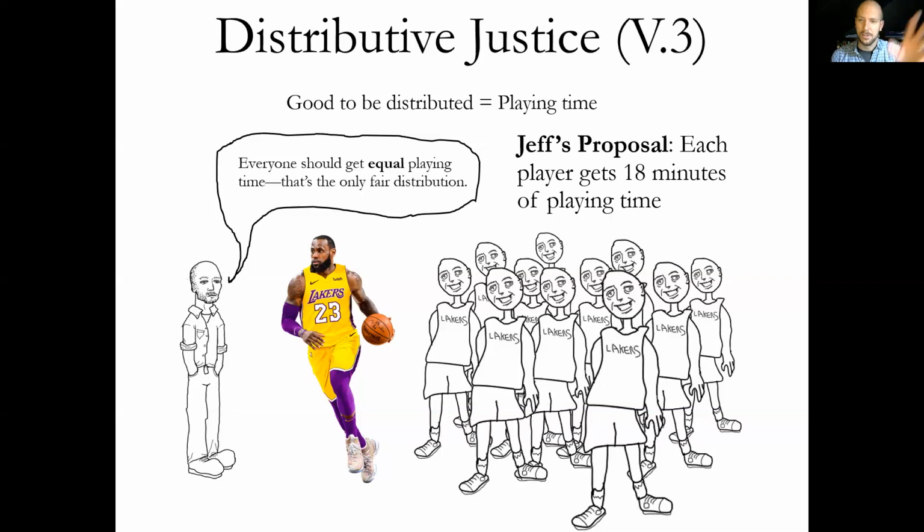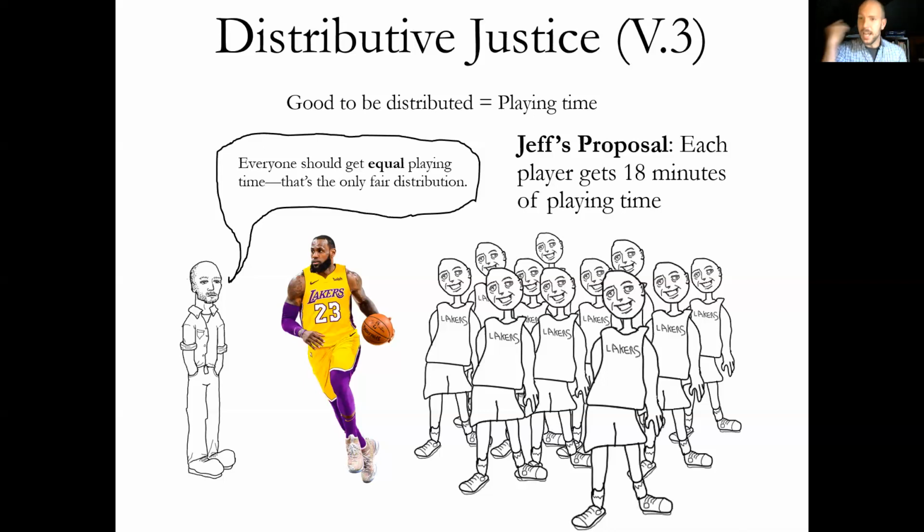Just in case you're unsure, I am not good at basketball. I mean, I can dribble or whatever, but that's about it. What's wrong with my proposal here? Where did I go wrong? I take it that what most people are going to say is, no, Jeff, you shouldn't be out there for 18 minutes. That doesn't seem like what a team would do or should do. It seems like LeBron James should probably be out there for a much greater chunk of the game than you,